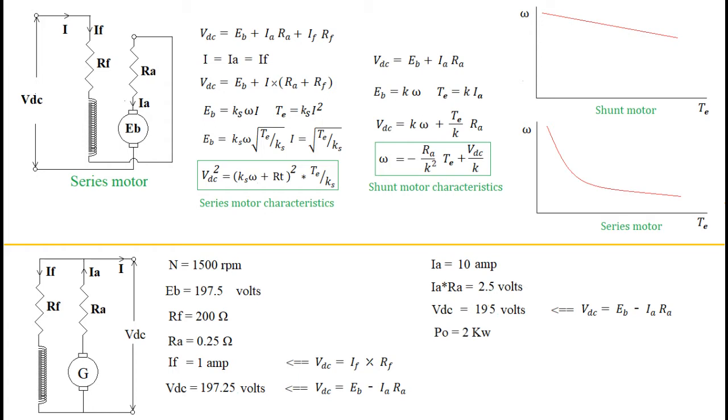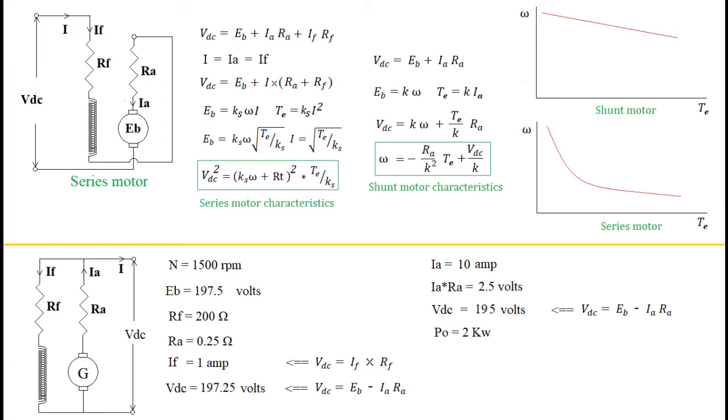Due to series connection, current through both field and armature windings would be the same, which is a major difference in comparison with the shunt motor. Due to series connection of armature and field winding, the motor gets named as a series motor that we see below the circuit diagram. Few preliminary changes that happen due to change in connection are reflected in equations that are written on screen.